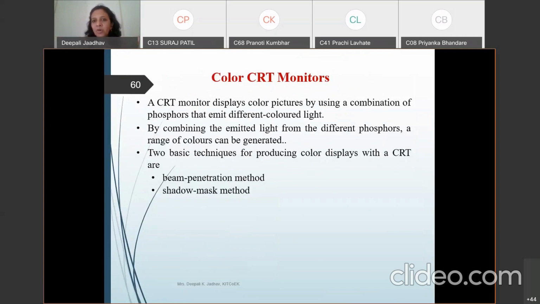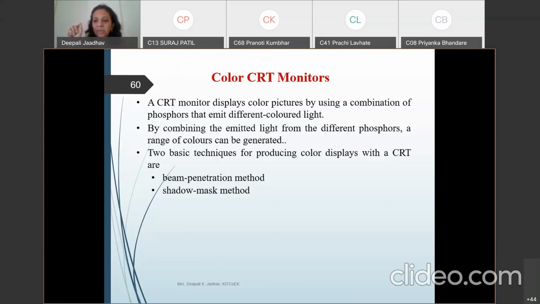My laptop has a phosphor coated screen, our TV has a phosphor coated screen, your mobile, everywhere. But how the spot is emitted there, how that picture is generated, that we have seen. Then there are two types of displays, raster scan display and random scan display. So raster scan is realistic, random scan is not realistic. Correct? So after that, the next, how the colors are generated.